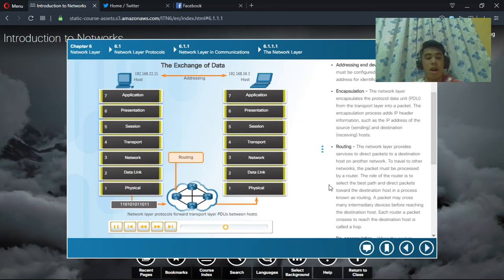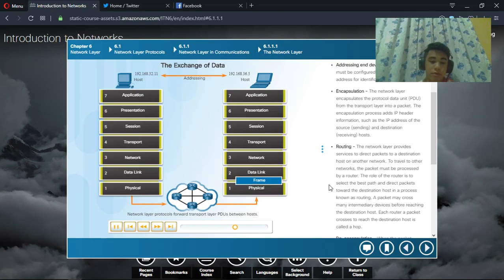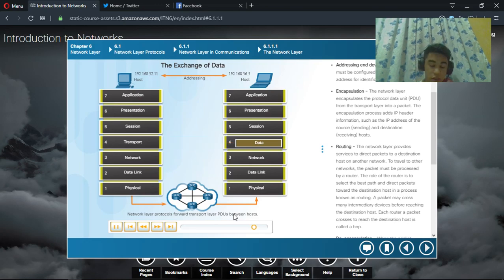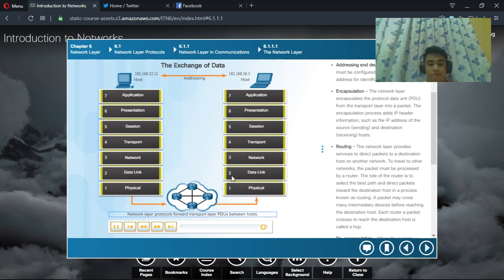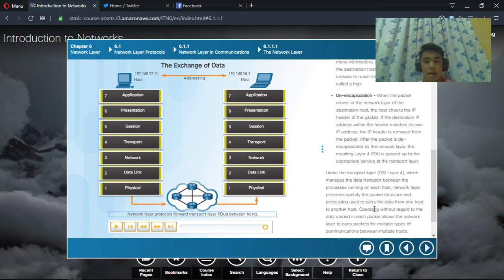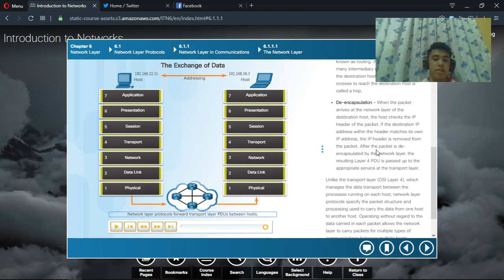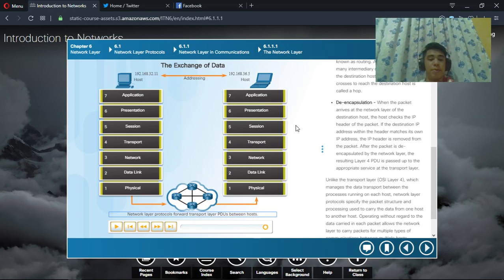So the address will be packeted by the router for it to transport to the host. Then the de-encapsulation: when the packet arrives at the network, the host checks the IP address, header, and all of the things until it becomes data. So next,